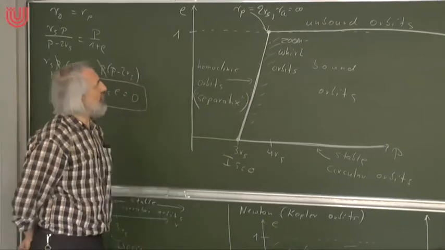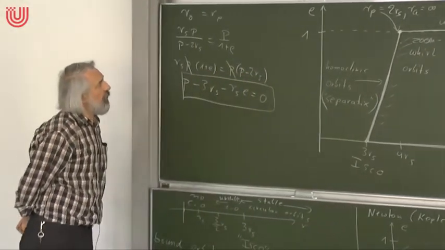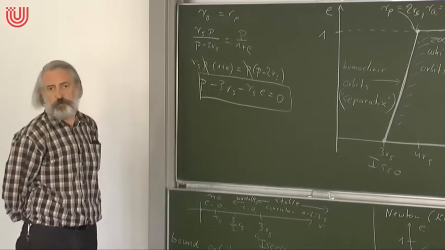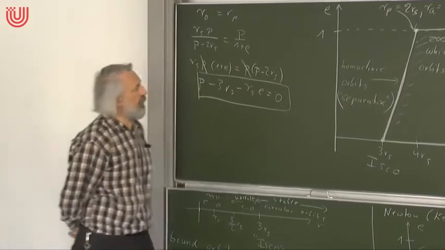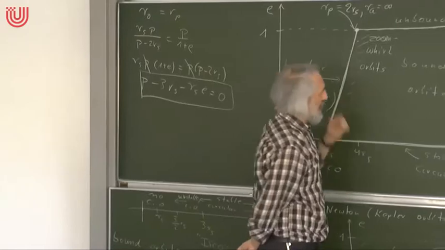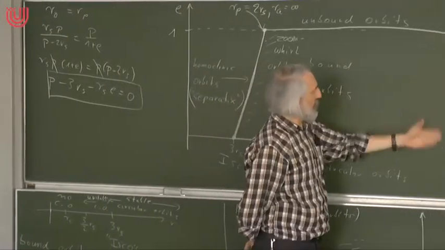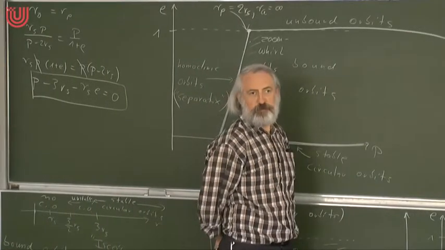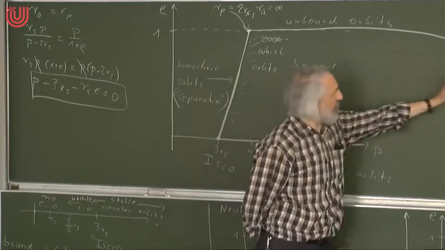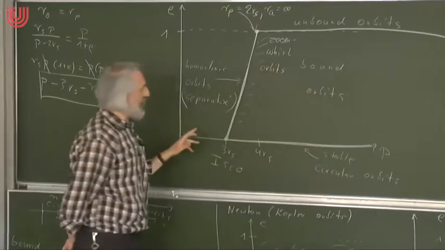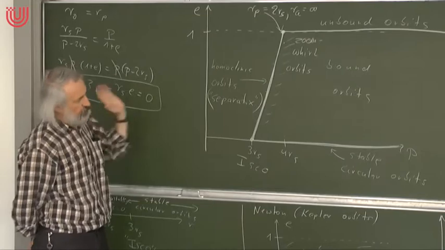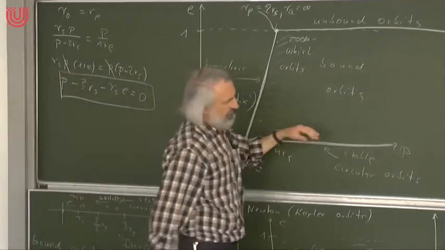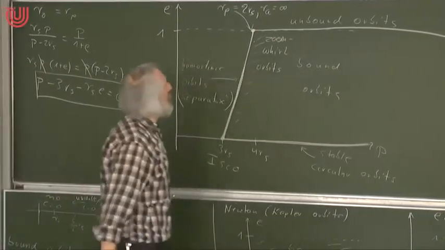And we will also come back to a similar diagram when we include the cosmological constant, when we do the Kottler spacetime. And the picture also becomes a little bit more complicated, because then we also will have a border on the right hand side. Here it is, if P, the semilatus rectum, is very big. This means the orbit goes